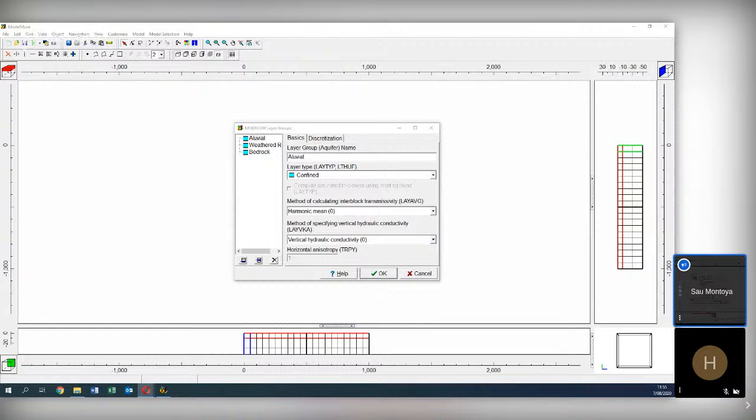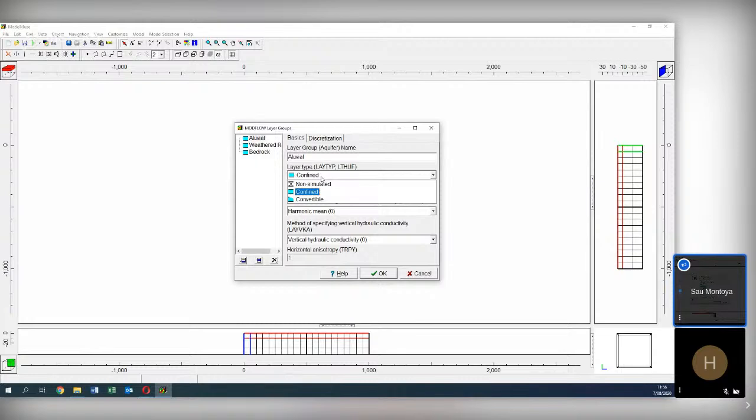Okay, so here you have the three aquifers, but in this case, these are the layer types. So we have confined, convertible, and non-simulated, okay? So what does confined mean? Confined is where the head is above the aquifer top, so the aquifer is always wet, always saturated, okay?